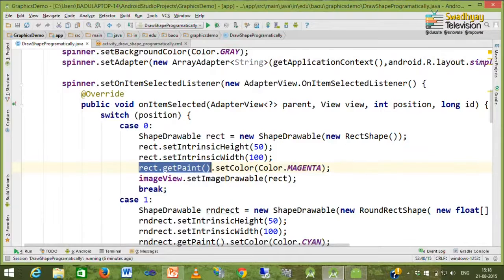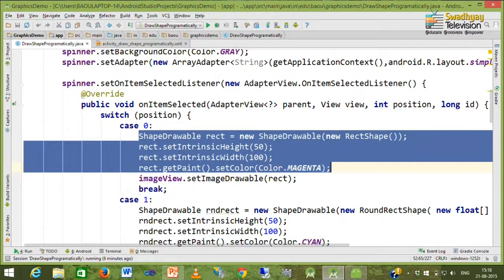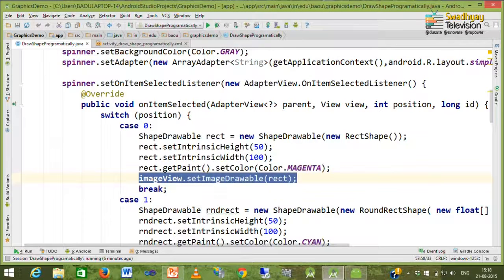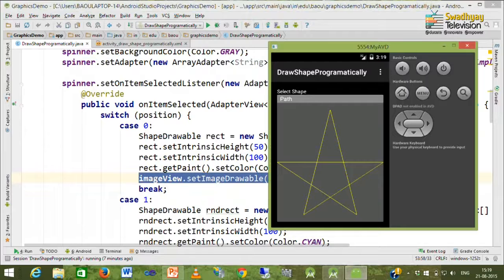Once this ShapeDrawable object is created, and we have specified its height, width and color, then you can fetch the rectangle object inside our image view. Here I call the ImageView's setImageDrawable method, and inside it I specify an argument of type rectangle. So this is how our rectangle is drawn when the rectangle option is selected from the spinner. Here I am selecting the rectangle option.